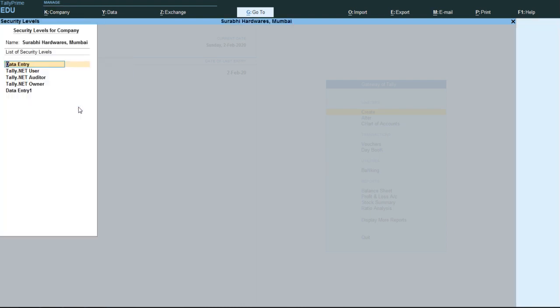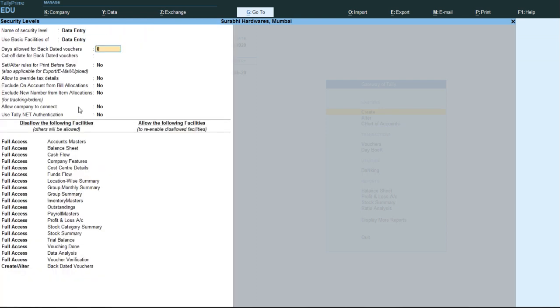Here in user role, we can define what each user is supposed to do and what they are supposed not to do. For example, for data entry, what can data entry do? We have created a security label, disallow the following facility.